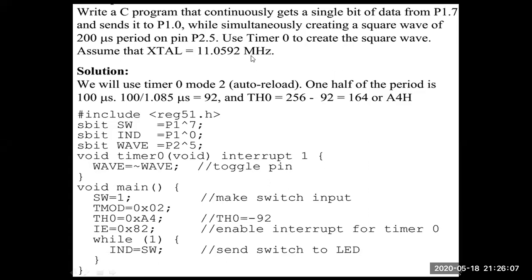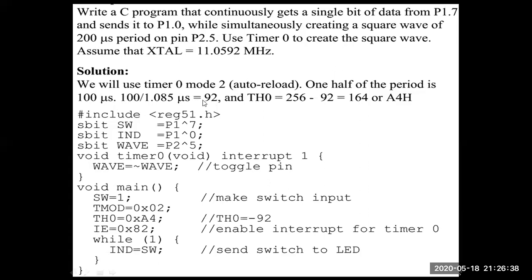As I told you in the timers class, suppose they give the delay for the total time period. You have to use timer 0 in auto reload mode for generating the clock pulse. So this is for the total period, and you have to calculate the delay for the half period. Here 200 divided by 2 gives 100 microseconds. 100 you have to divide by 1.085 microseconds, and you are getting the delay.